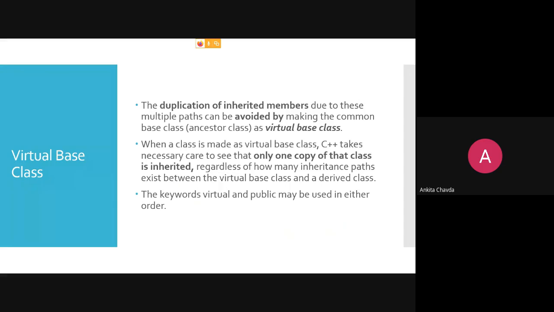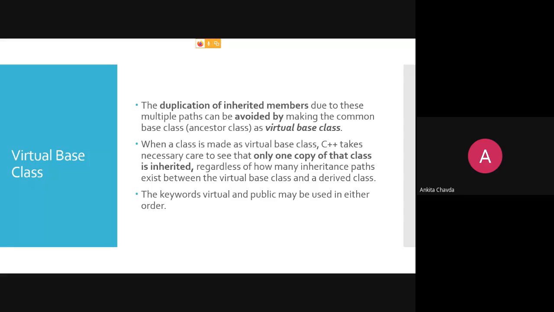So the duplication of inherited members due to these multiple paths can be avoided by making the common base class, that is known as the ancestor class, right? That is your ancestor, your grandparent, grandfather class.